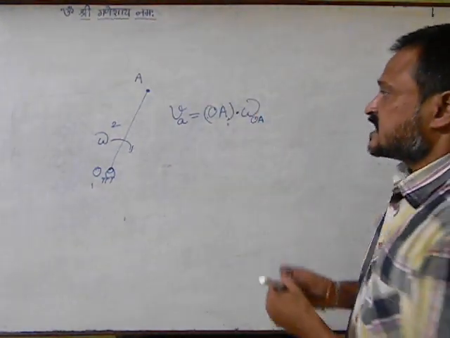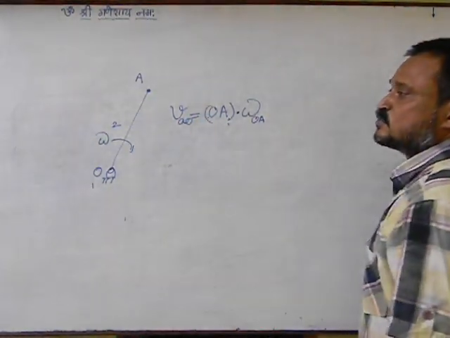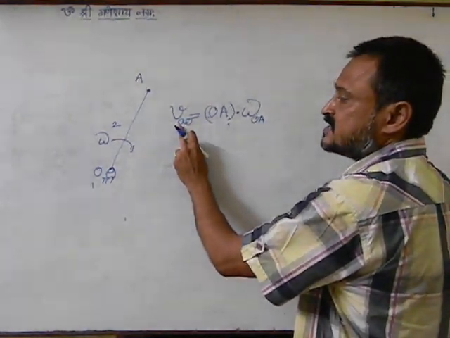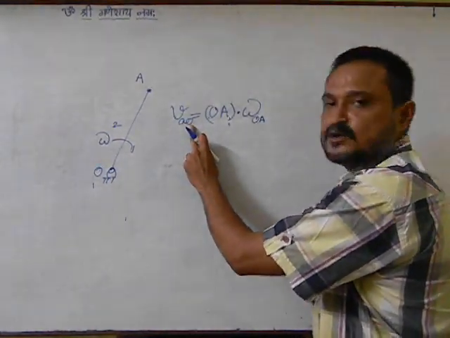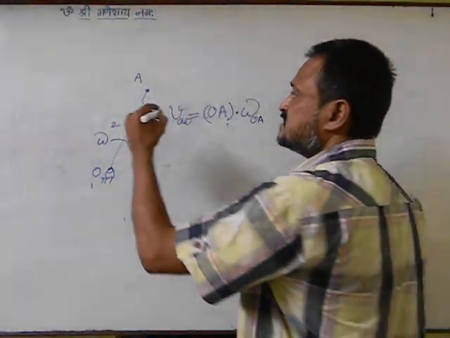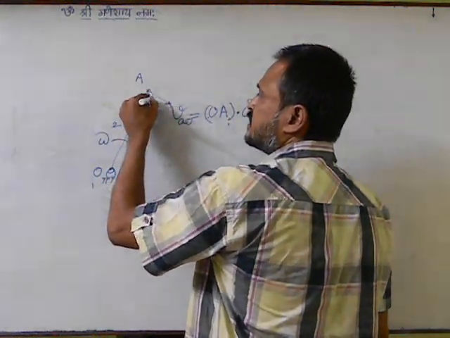So that is how I can find out velocity of A with respect to O. Velocity of A with respect to O will be R omega, that means OA into omega. And what will be the direction of this vector? The direction of this vector will be perpendicular to the